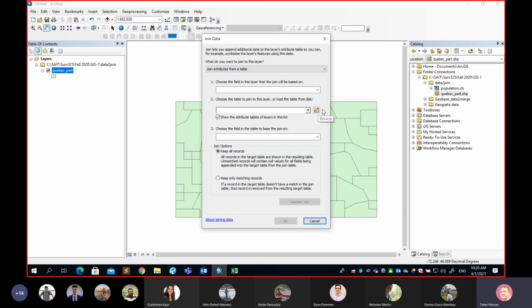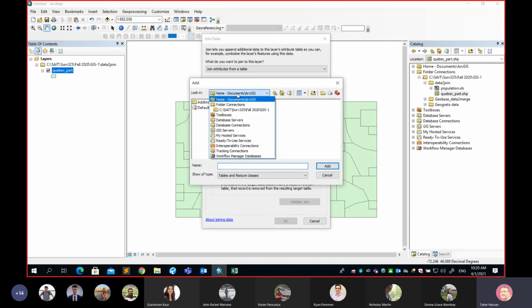So all you have to do, you come to this browse, and you open the browse and simply you tell the software, you know what? Here is my Excel file that contains the data. You guys remember it was data to join and then it was Excel file. Watch this. So you can see my file called population.xls. Now I'm going to say add, and please watch what happens if I say add. When I say add, it simply opens for you